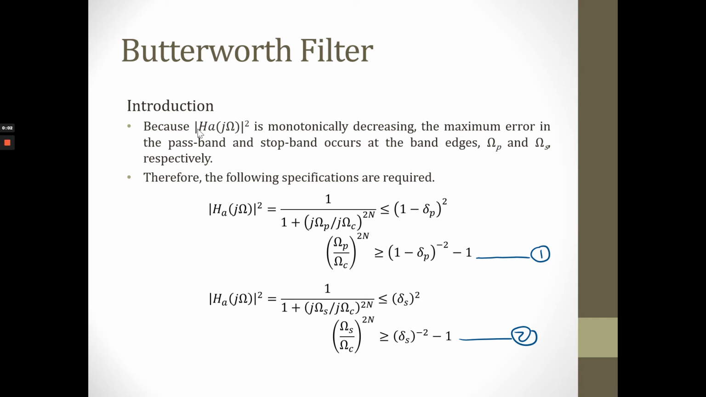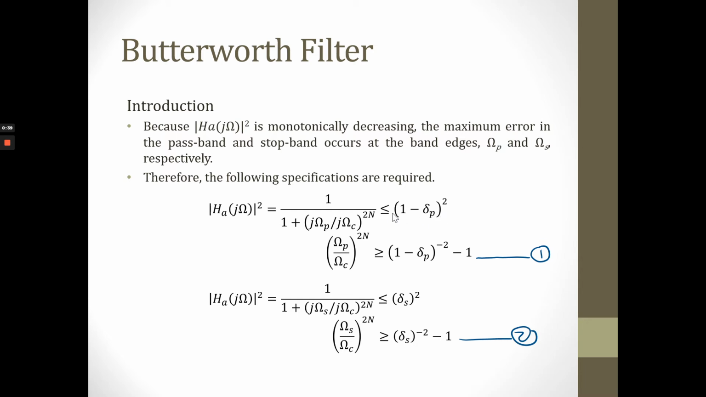Since the frequency response |HA(jω)|² is monotonically decreasing, the maximum error in the passband and stopband occurs at the band edges, passband ω and stopband ω respectively. Therefore, the following specification is required: |HA(jω)|² is equal to 1 divided by 1 plus (jωP divided by jωC) with the power of 2n, which is equal to or less than (1 minus δP)